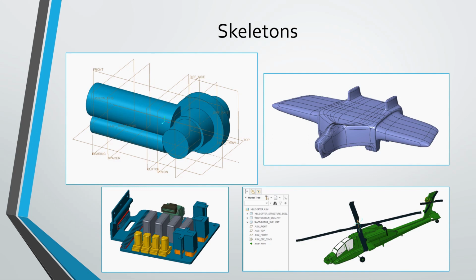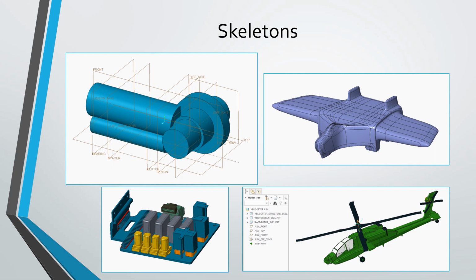Here you can see this one is very simple, just a bunch of surfaces and some datum planes and even some datum axes in there that allow us to lay out where different components are going to be. In the upper right, there's an example of some surface modeling to lay out the overall shape for a product. In the lower right, we have an assembly with more than one skeleton, and this is used to define a mechanism. And in the lower left, there is a skeleton that grabs a bunch of references that are used for